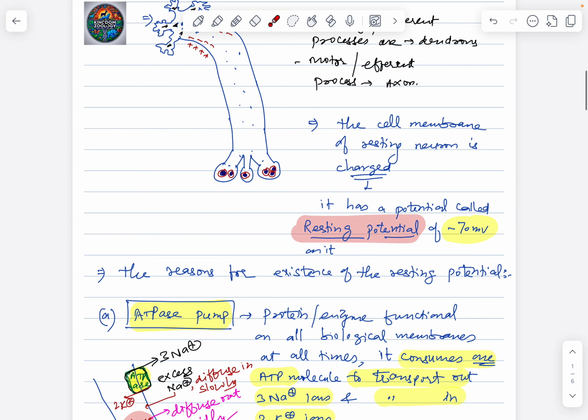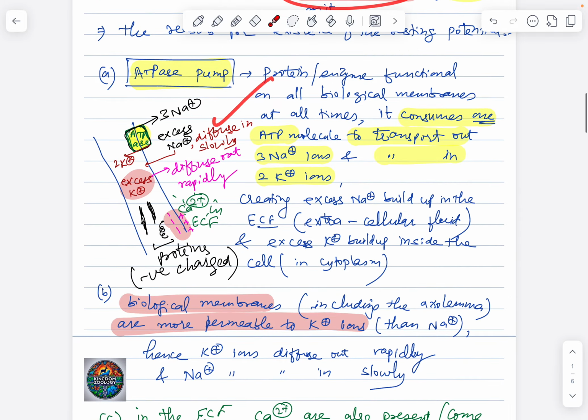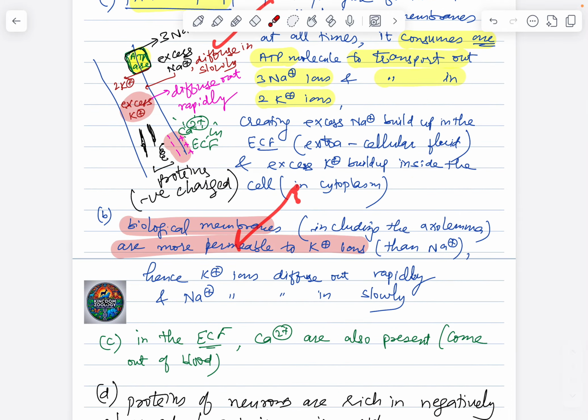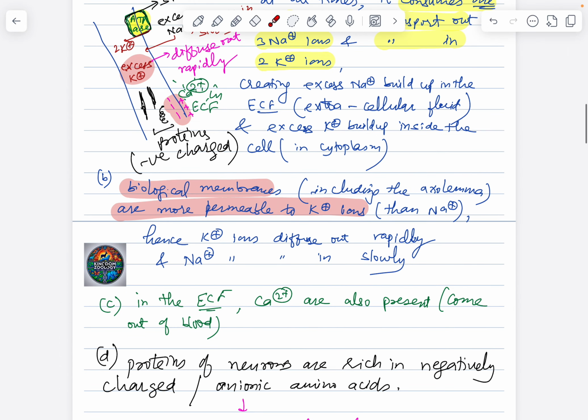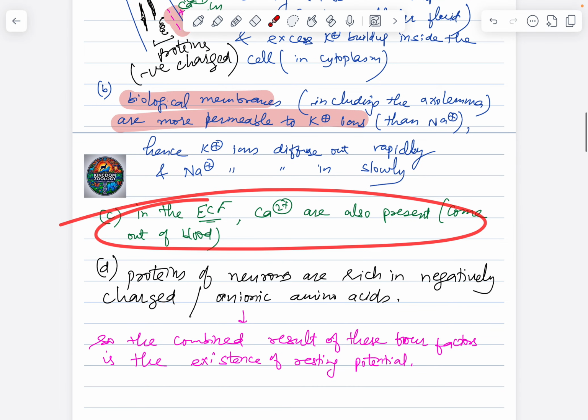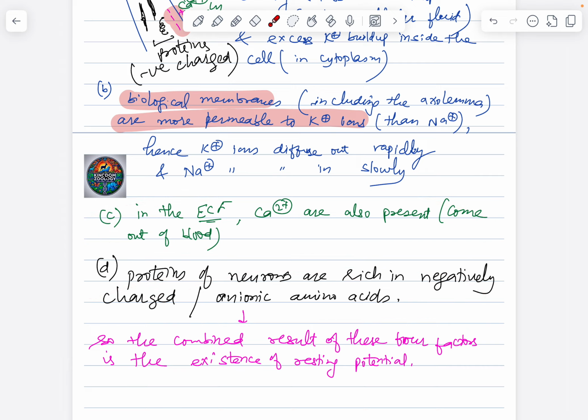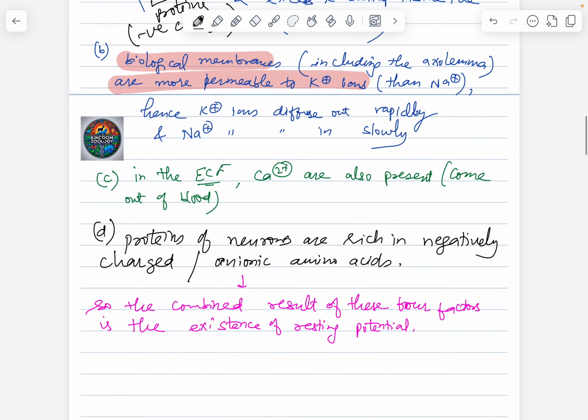So this tells us that the cell membrane of a resting neuron has got resting potential. Why? ATPase pump, difference in the permeability of membrane. This is also called differential permeability of the membrane, that is higher for potassium, lower for sodium. And in the ECF there are calcium ions also. In the cell there are proteins which are negatively charged amino acid rich. So ultimately outside will be positive, inside will be negative. Resting potential will be there. How much? Minus 70 millivolt. Now comes the next important point: